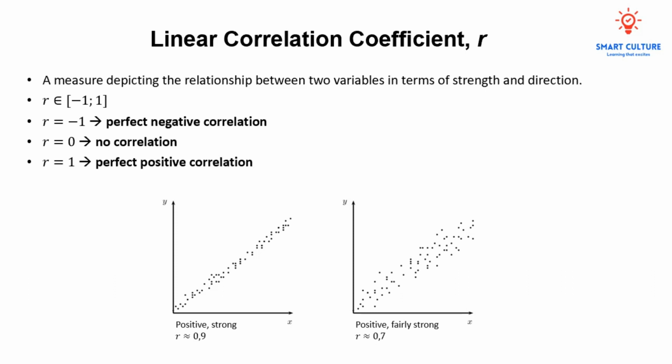An R value close to 1 indicates a strong positive linear correlation, meaning that as one variable increases, the other variable also tends to increase. An R value close to -1 indicates a strong negative linear correlation, meaning that as one variable increases, the other variable tends to decrease. An R value around 0 indicates no linear correlation, meaning there is no discernible linear relationship